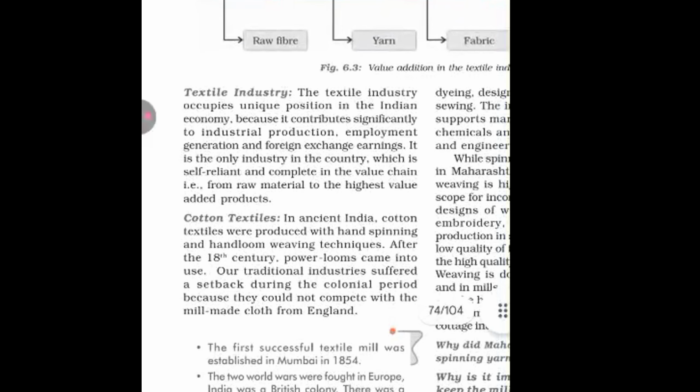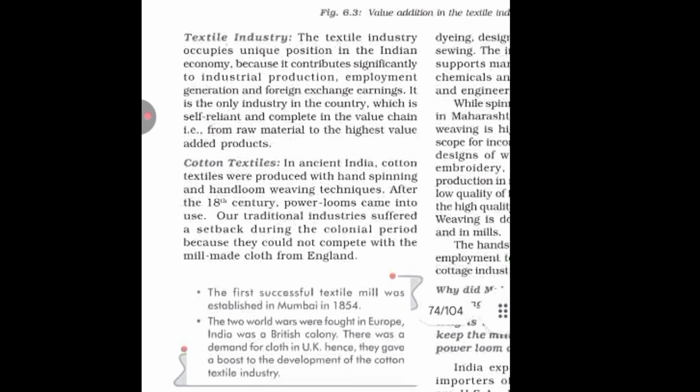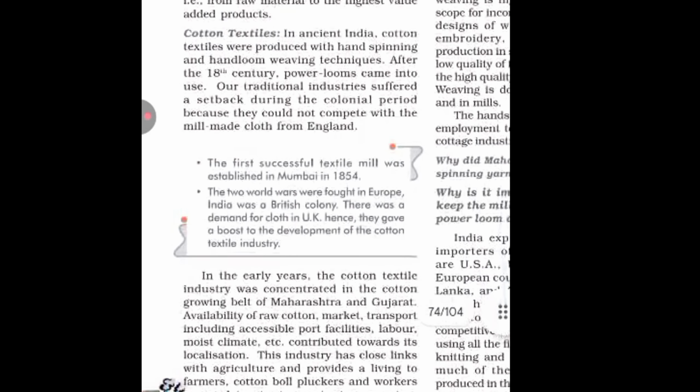Historically, we had a monopoly of cotton, and that is why cotton textile. Basically, Indian cotton was exported all over the world. Our traditional industries then suffered because of imperialism. Now, the cotton textile industry is basically concentrated near the source of raw material, that is Maharashtra and Gujarat, and from there the cotton goes to other parts of the world. To tell you the truth, the cotton industry is not fully tapped in our country. Though we grow good quality cotton, we are not manufacturing good quality cotton cloth.